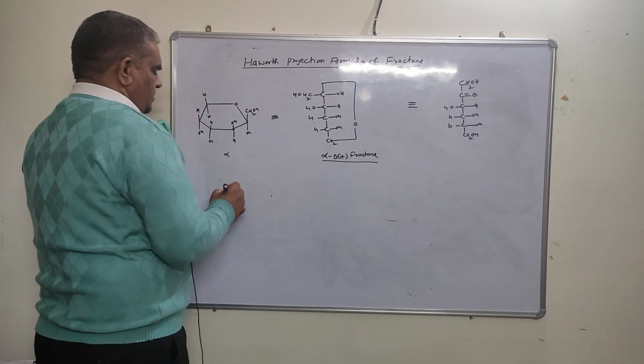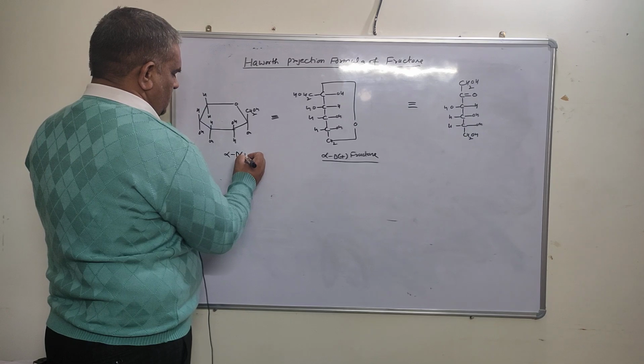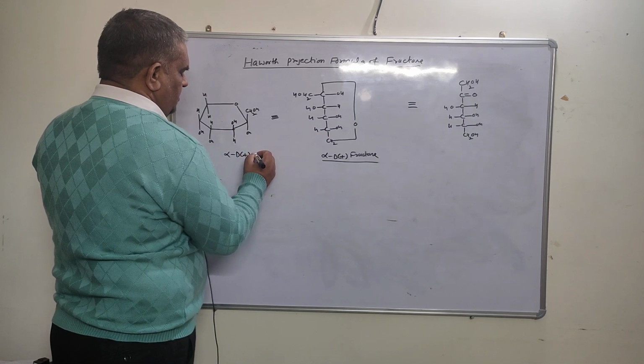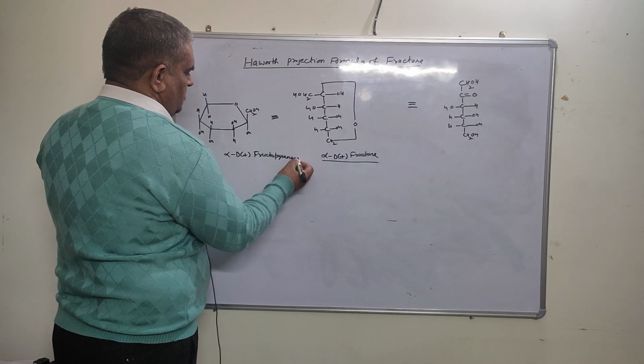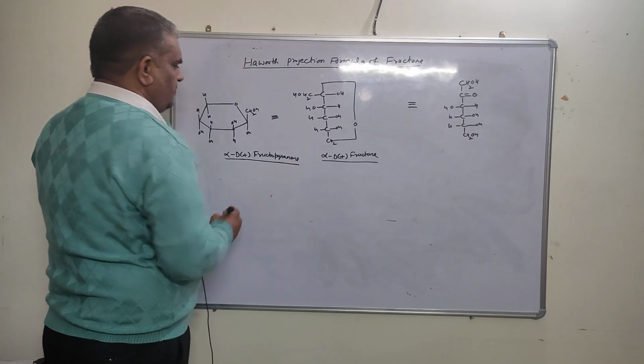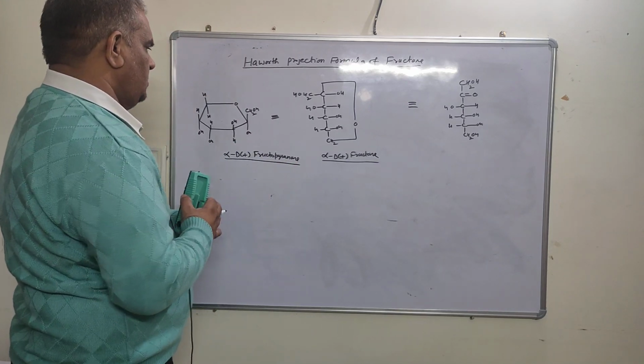This is alpha D, this pyranose structure, 6 membered, this fructopyranose. This is the Haworth position formula of alpha D fructose।